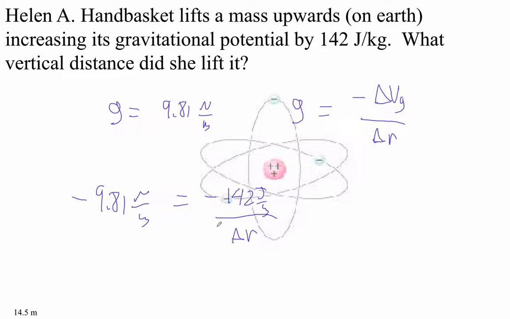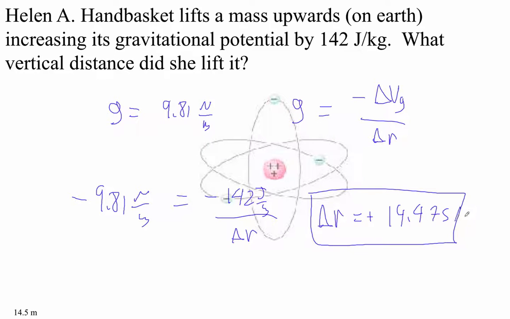142 divided by, yeah, 14.47, so it is positive 14.475 meters. I have an easier time using the minus sign in gravity cases, I guess because up and down are pretty simple. All right,